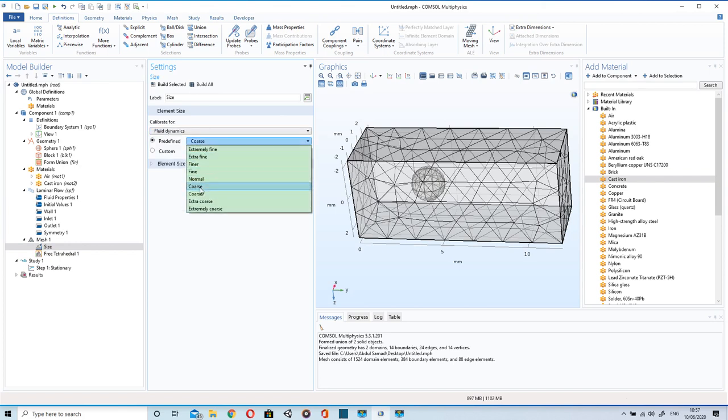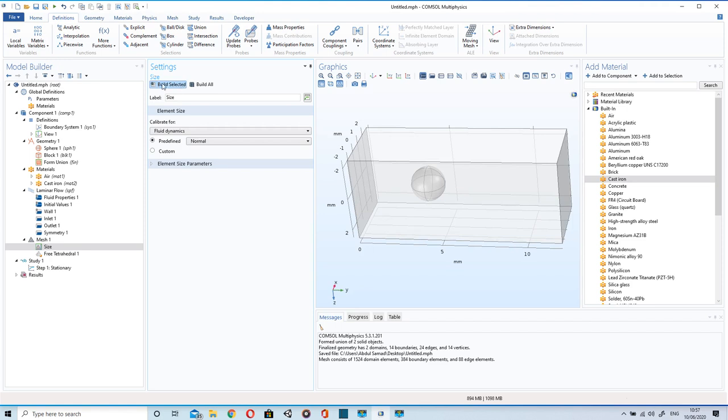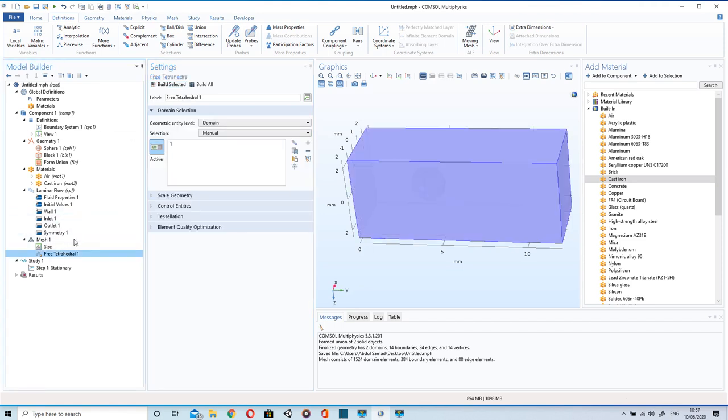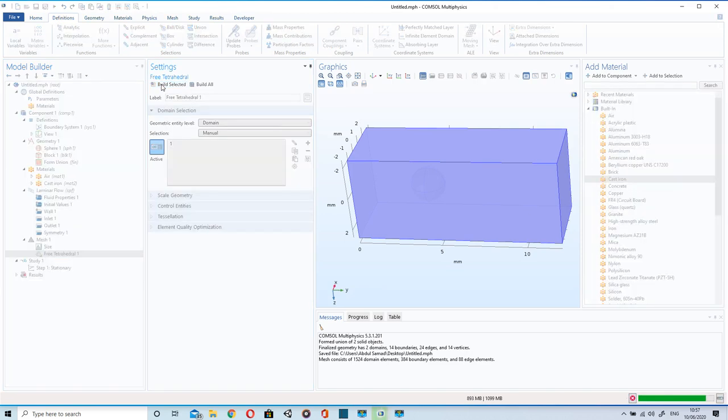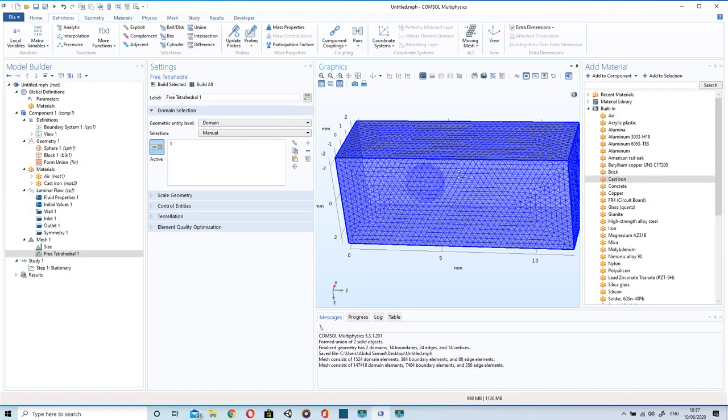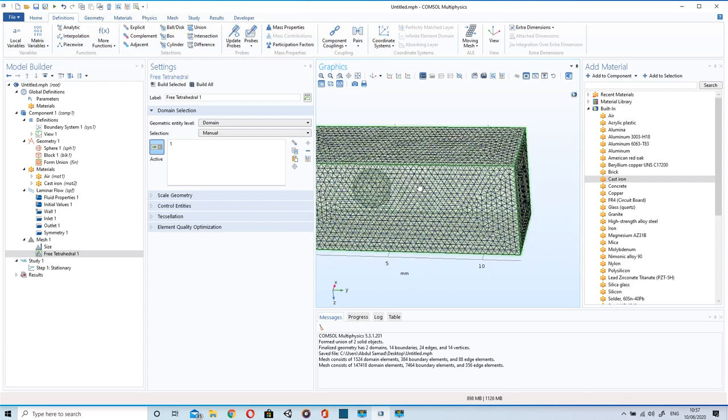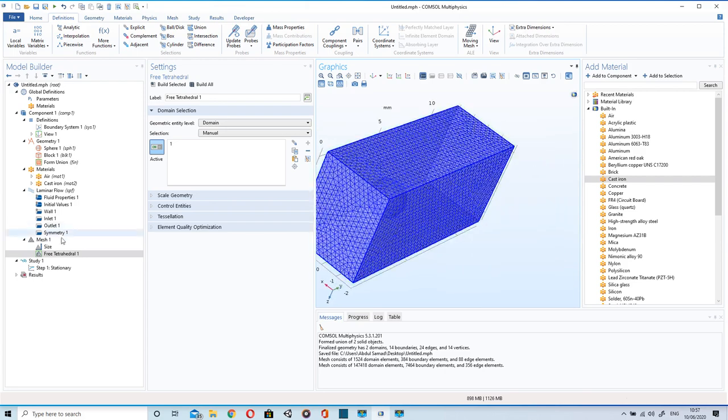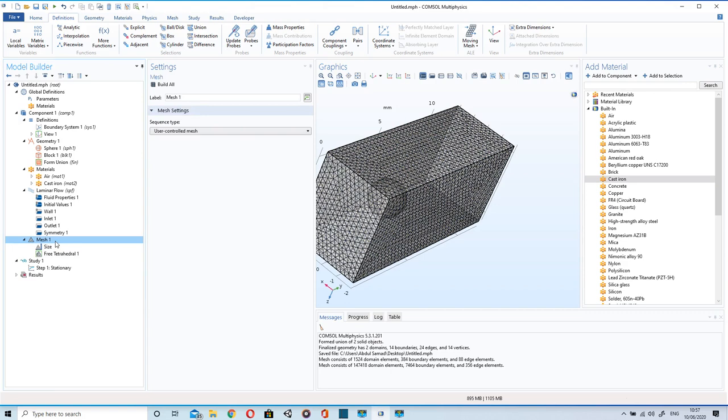We'll change it to fluid dynamics. Let's do normal meshing. The normal one looks much better than the coarse one, but it will take more time as compared to the coarse meshing.